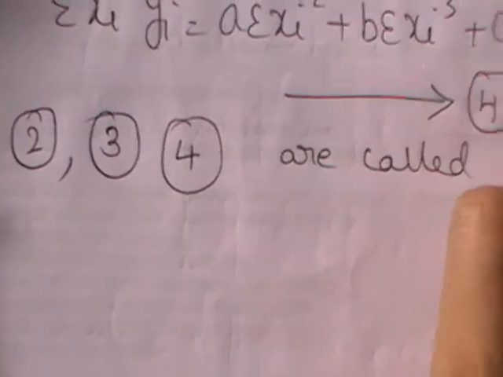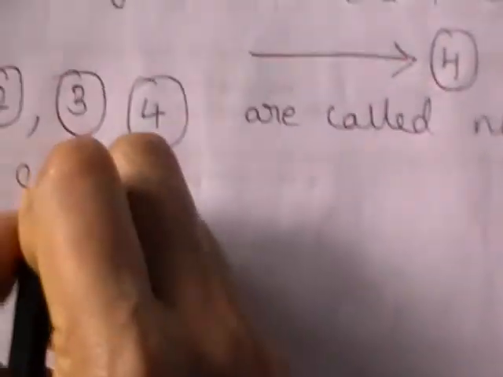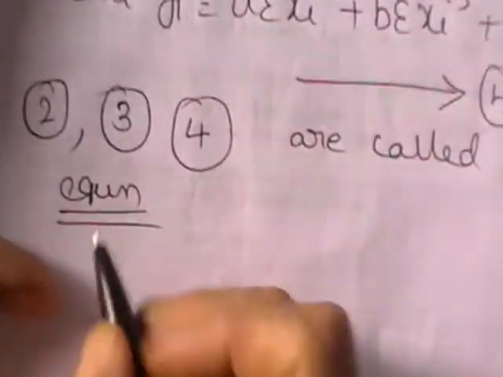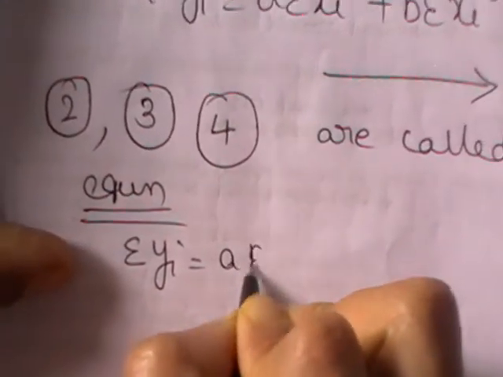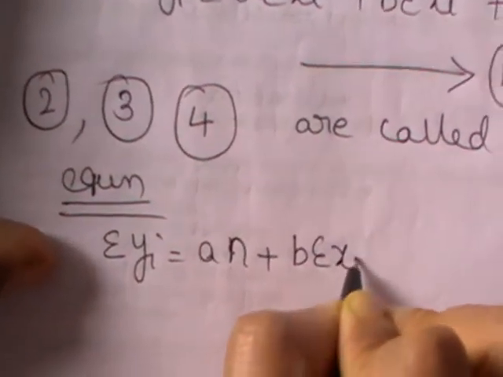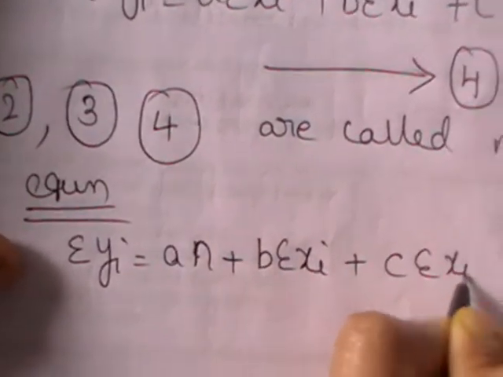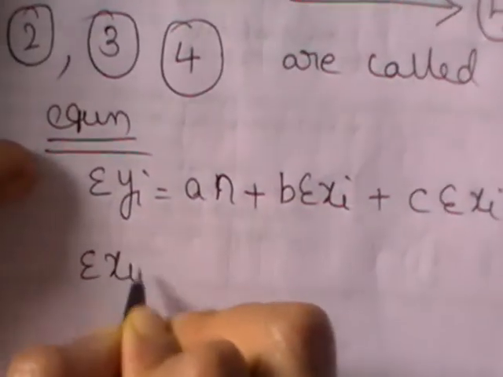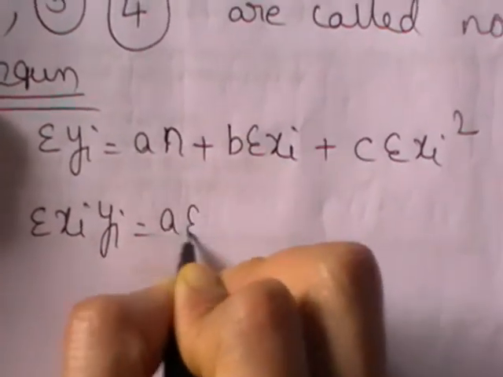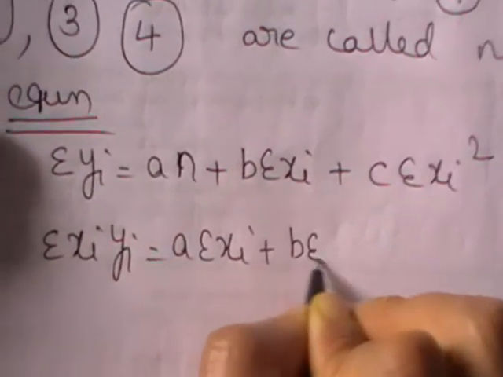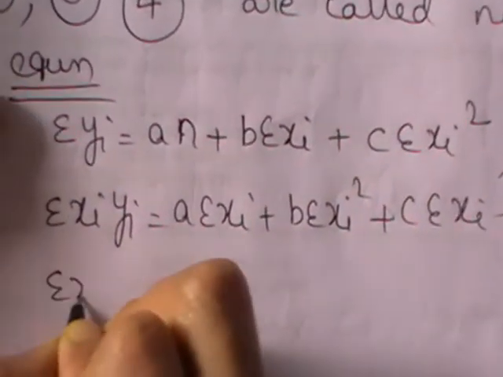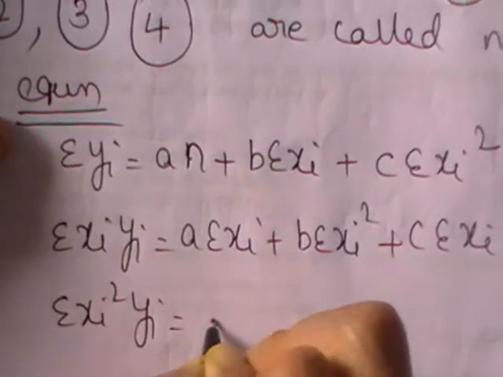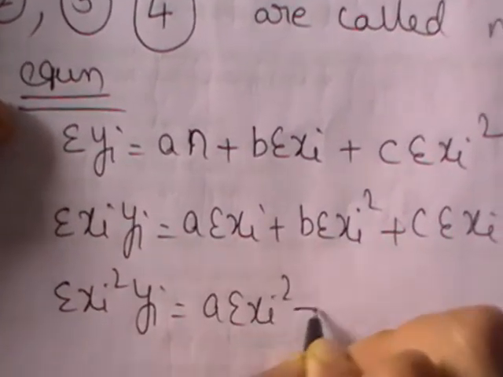There also we wrote the same. What is your aim here? Your objective is to find out a, b, c. So let us write those 3 equations here. The first equation is this. I will tell you how to write the equations also. This is the first equation we got by differentiating with respect to a. And by differentiating with respect to b, we got this equation. Better you check it on the previous page. This is the third equation we got by differentiating with respect to c.